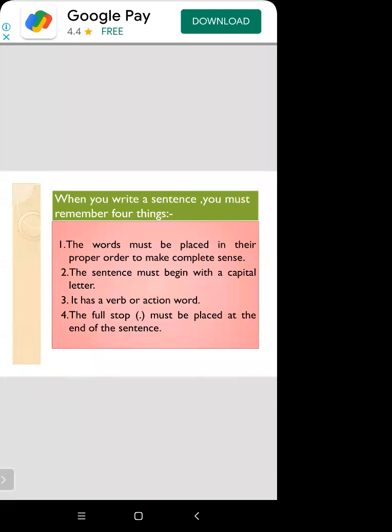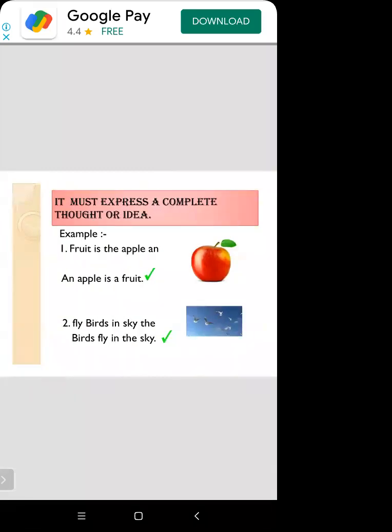Okay, students. Yes, I am repeating again, the sentence must express a complete thought or idea. तो ये ज्यादा जरूरी है आपके लिए पता होना कि जो सेंटेंस है वो क्या एक्सप्रेस कर रहा है, कंप्लीट थॉट और आइडिया एक्सप्रेस कर रहा है या नहीं कर रहा है. So now let's check. I am giving you an example of a sentence. Now I am speaking. Yes.